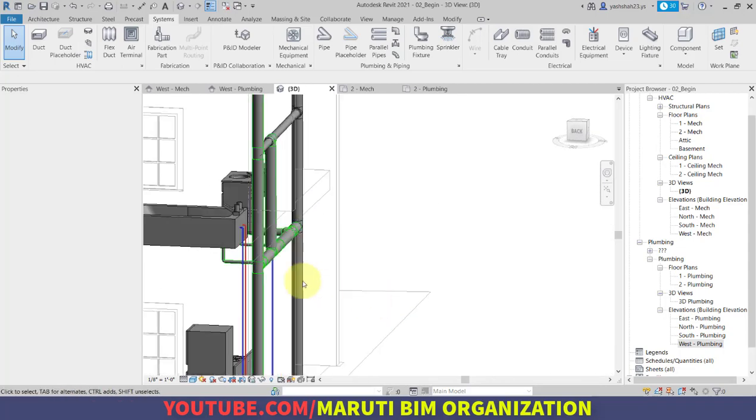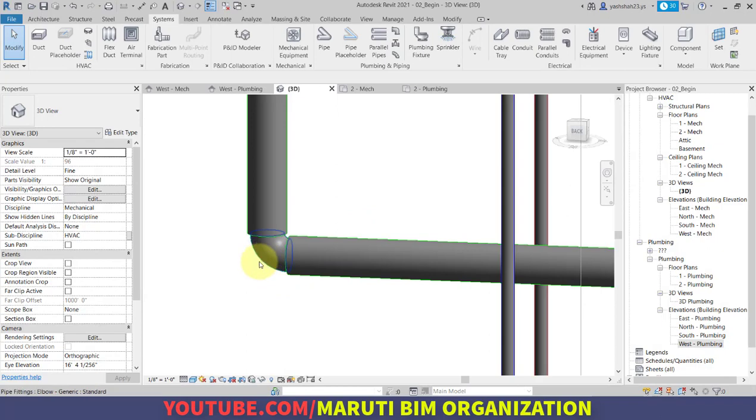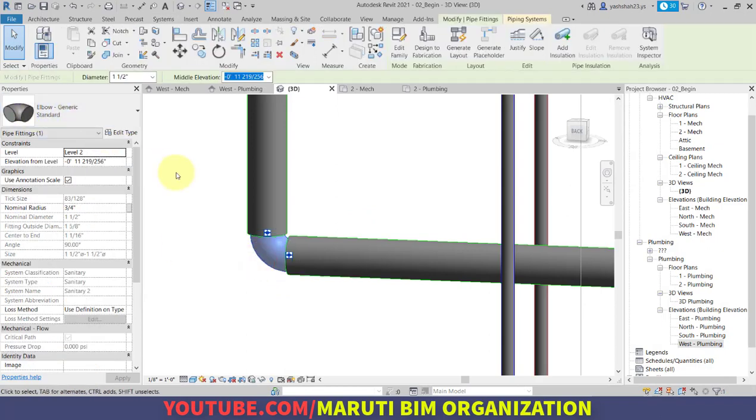Now in the bathtub, I want to change this connection. Right now it is showing the elbow connection.